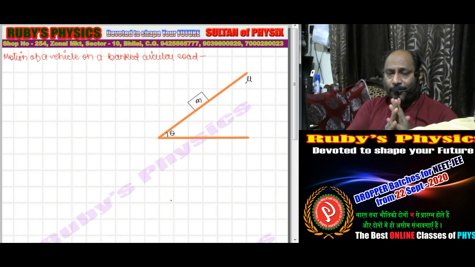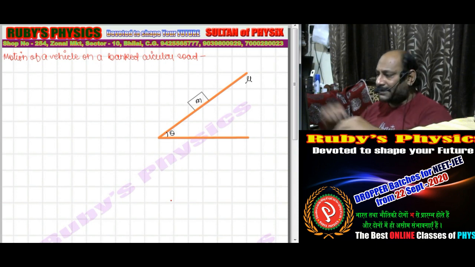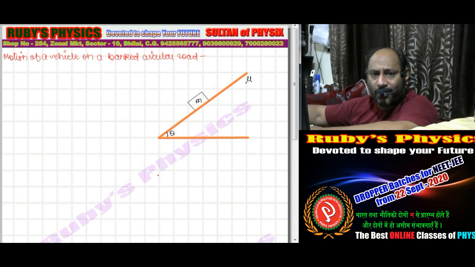Now what happens when a vehicle turns in a circle? It is acted upon by a pseudo force, an apparent force, which tries to throw it outwards from the center of the circle. And hence, let me first draw the different forces that will act here. For this, it is better that we draw two lines here, one horizontal and the other vertical. And now if we draw the forces, it will become easier for us.